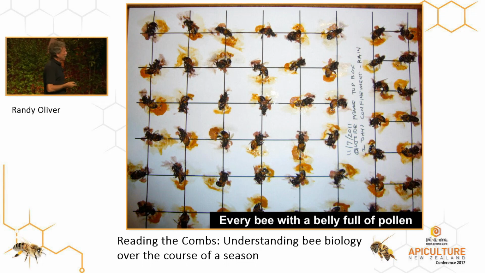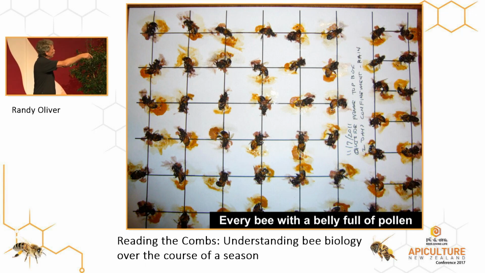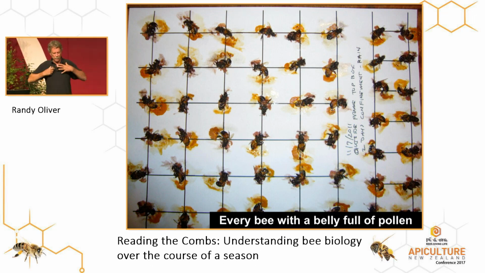And when I've gone out to my hives then, this would be in fall, where normally only a small portion of the bees have pollen in their guts, every single bee in the hive has a gut full of pollen. They just load up with as much protein as they can. They load their fat bodies, they load their hypopharyngeal glands, they load their guts with as much protein as they can, and then they put as much in the cells as they can because that's their only protein source for the season until the plants start blooming again.